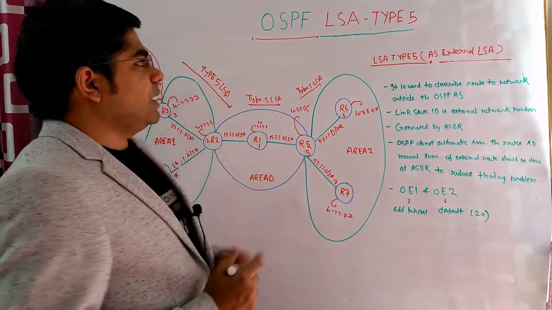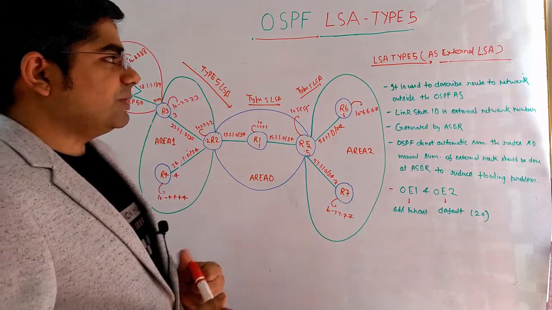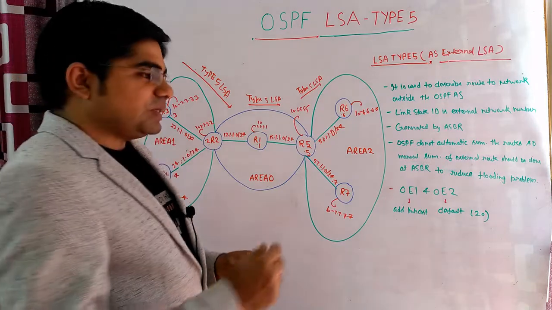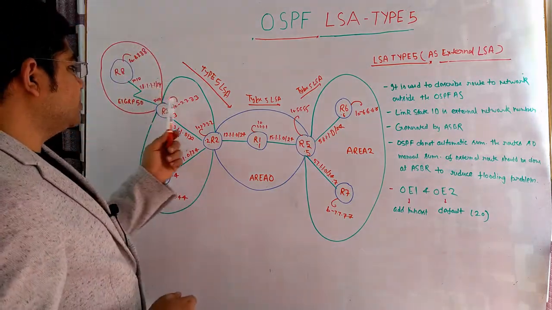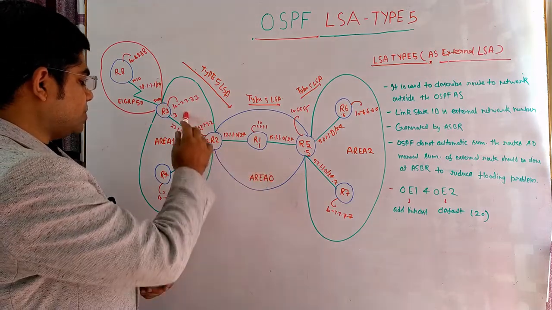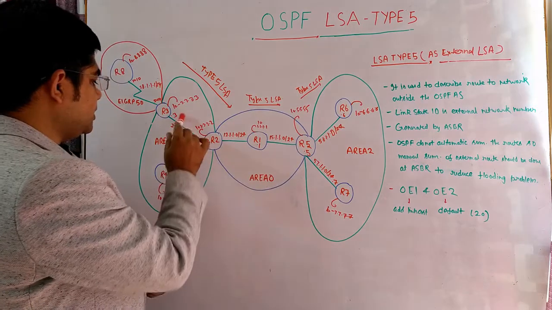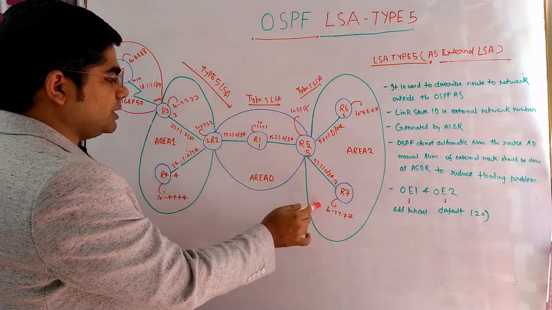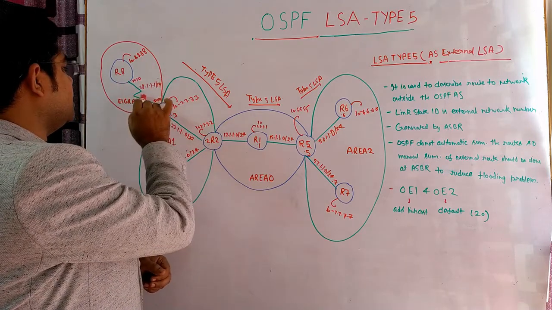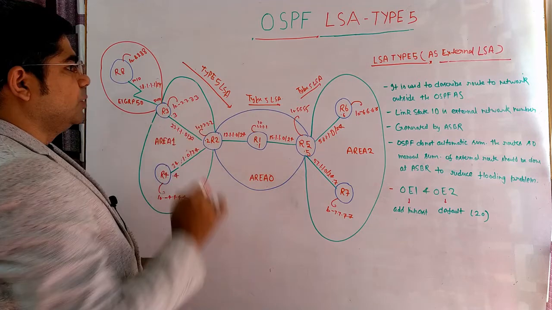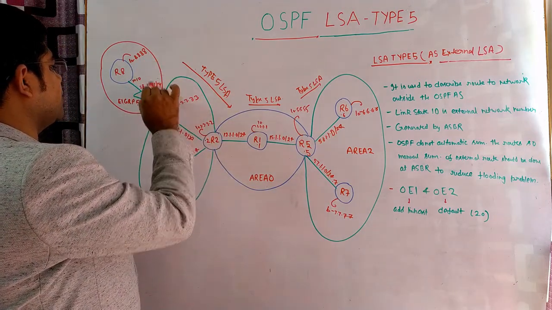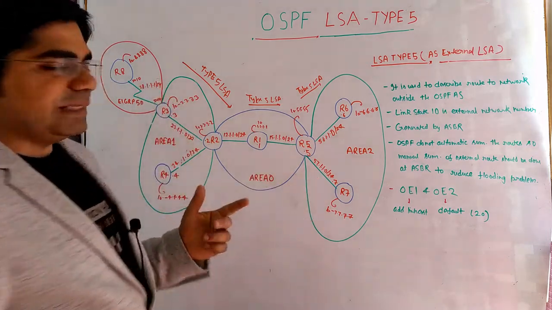Today we will discuss LSA type 5. What is LSA type 5? Type 5 LSA is also called AS external LSA. Why is it called external LSA? Because it gives information about external routes. The same scenario: router 1, router 2, router 3, router 4, 5, 6, 7. These are in area 1, these are in area 0 and these are in area 2, and this is EIGRP 50, meaning R3 is connected to the external route and is an ASBR. So the external routes, 8.8.8.1 and 38.1.1.1, are advertised to other areas via LSA type 5.